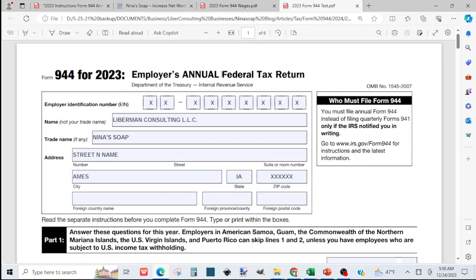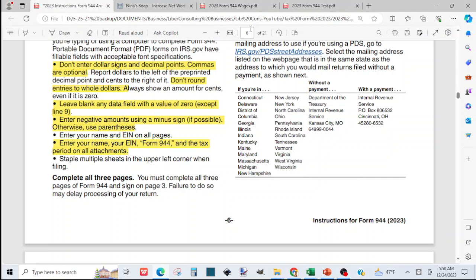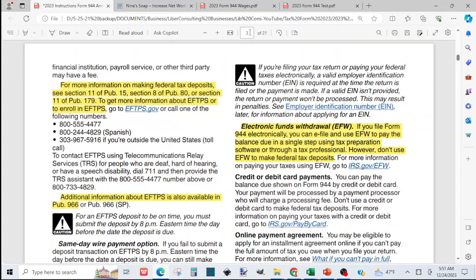It is the employer annual federal tax return to report wages, tax withheld on wages, and the employer portion of those taxes, which are Social Security and Medicare. For the employer identification number, make sure you enter the EIN related to the business you are filing for, and your business should only have one EIN. But if you have more than one and you don't know which one to use, on probably page 3 of the instructions,